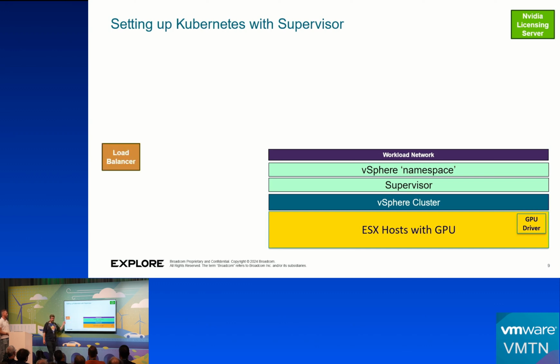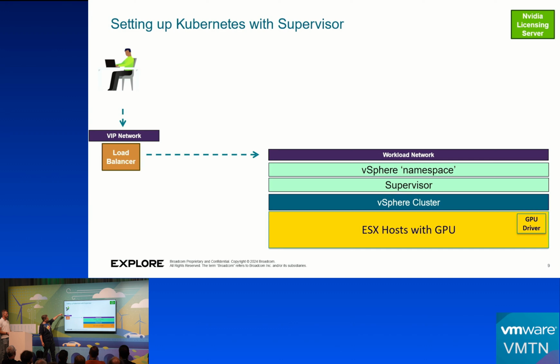We also need a load balancer. Now, there's a bunch of different load balancing options around Supervisor. I'm not going to go into that now, but you do need to do a load balancer thing before you continue. So that can be the AVI load balancer, or at this point still NSX-T, but it's probably going to involve the AVI in some way. So you have to look into that, take care of that. And then once you have that, oh yeah, VIP network, because we're doing load balancing, right? So we have VIPs, virtual IPs. And then you can do this. You can say, make my cluster,